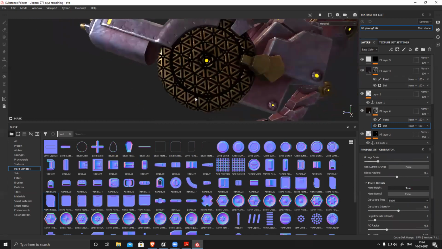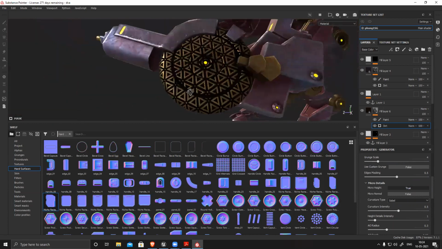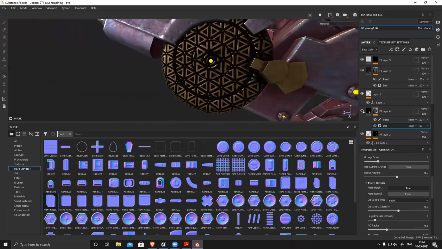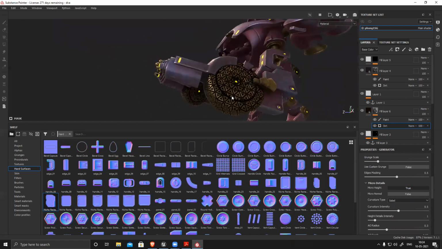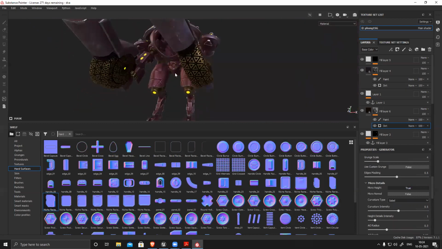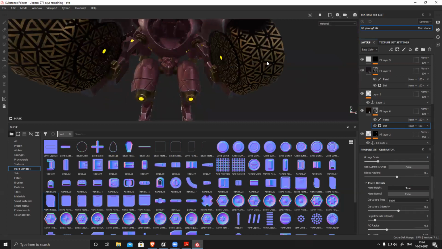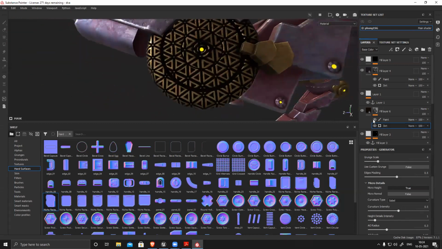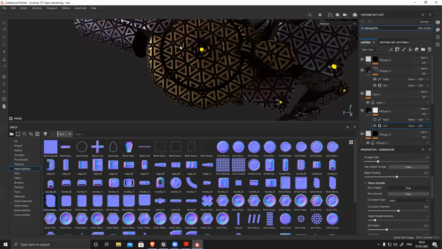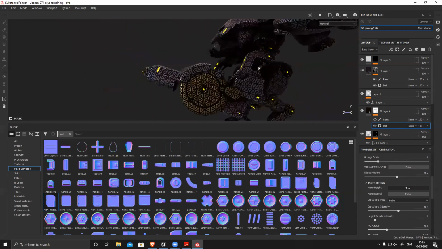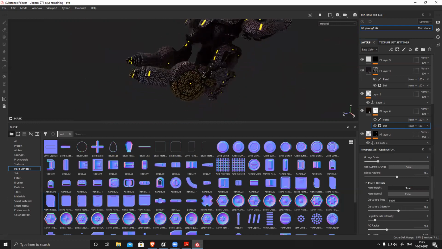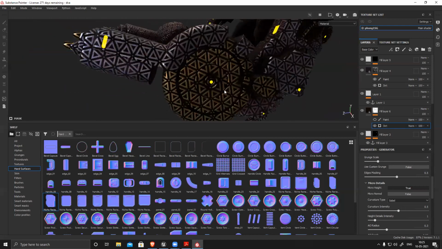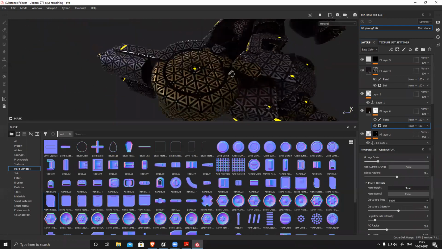So you can see instantly it generates that detail based on the height map. But your height map is covering the entire area. So you have to mask it out and remove those sections. See, it's applied everywhere because it's a tileable map. So it's reading the tileable map only.